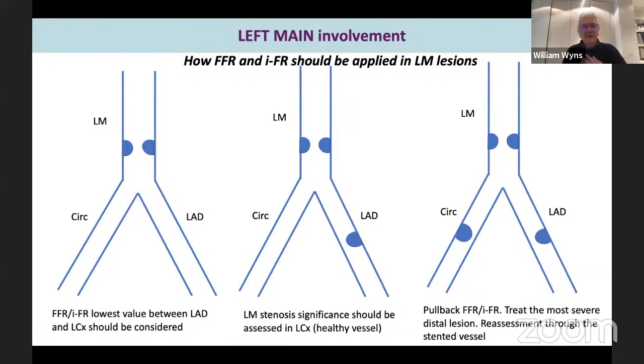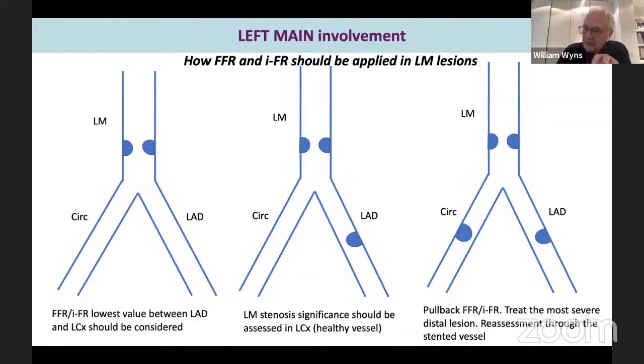I have to say myself, I'm not a big fan of physiology in left main, except perhaps for the situation on the left. Otherwise, I think imaging is probably more important, except perhaps at the end of the case where you want to make sure that the physiology is restored. The situation on the left I like because it shows again the impact of the amount of myocardium that depends on a given stenosis, how it affects the FFR at least, less so the IFR.